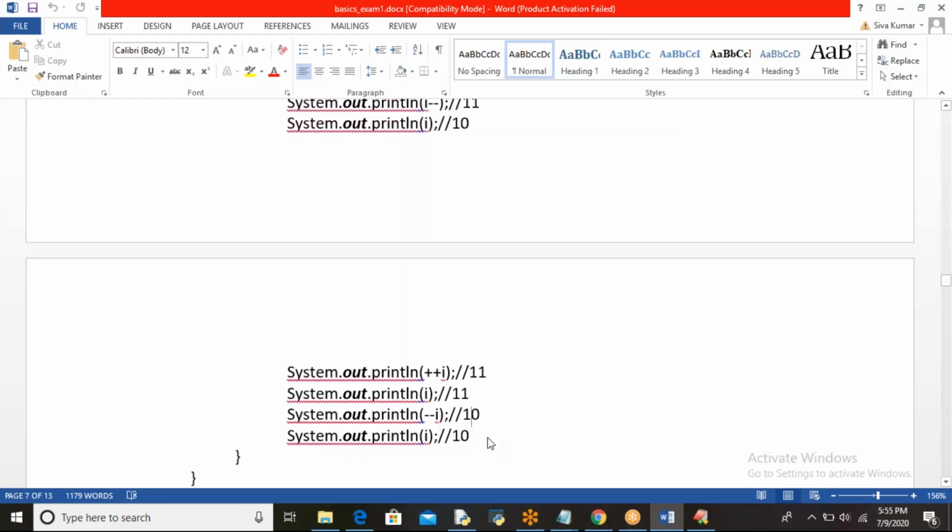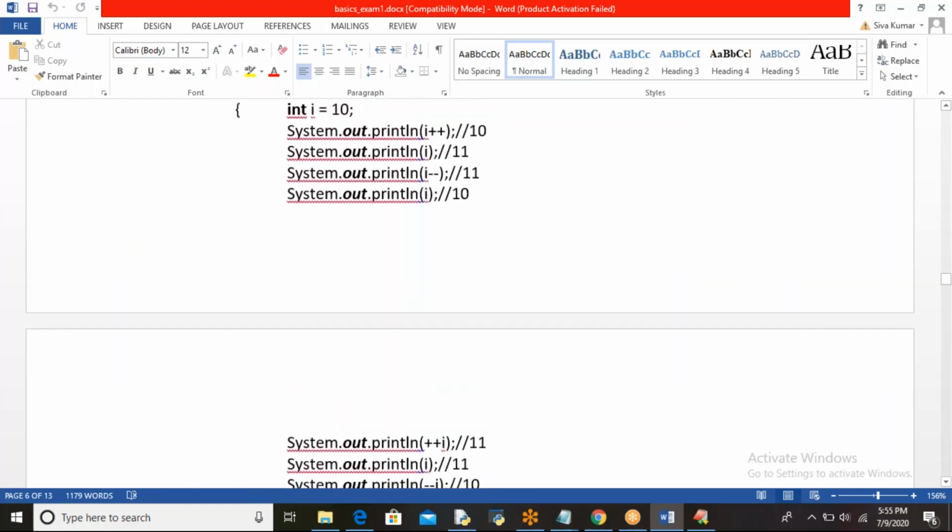Could you go a little bit slowly? Sure. Can you repeat this program? Yes, sure. I is 10, postfix operator. This I value 10 is printed. Because it is postfix, the older value is printed. Internally, I became 11. When you print I here, 11 is printed. Basically, postfix means first the value will be printed and then the incrementation will happen.